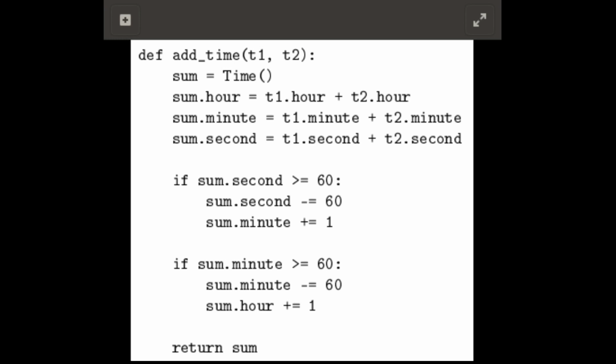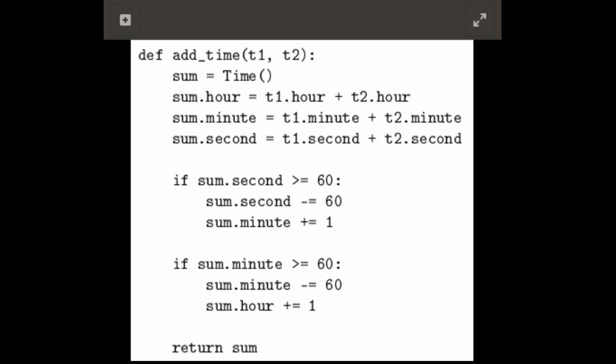Instead of end time, here I have considered it as a sum only. Sum is equal to time. This is going to create a new time, and this sum is equal to time.